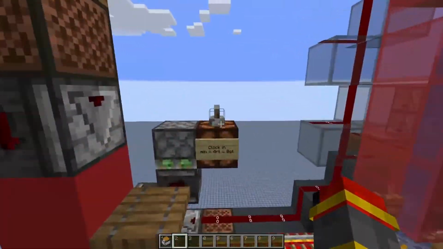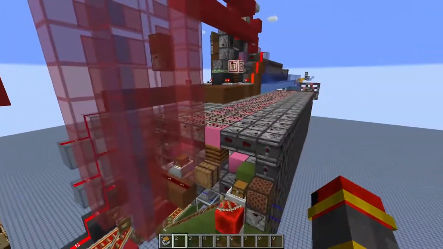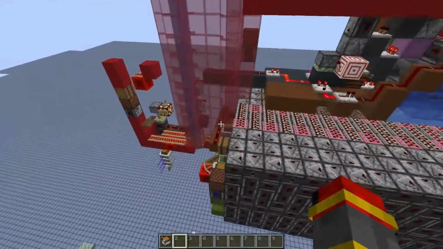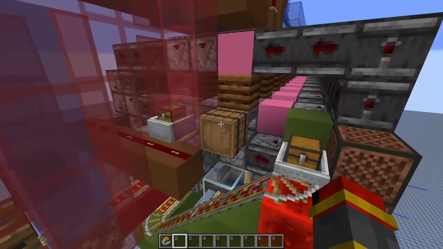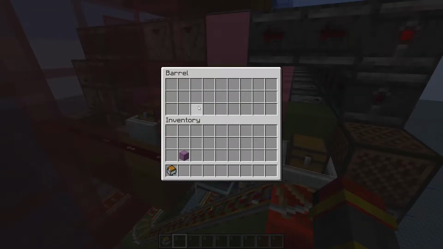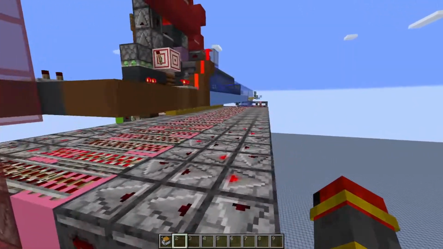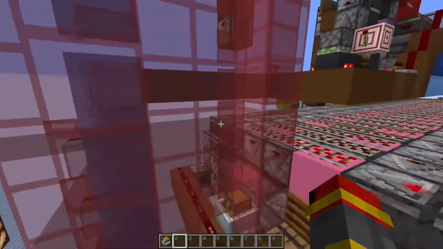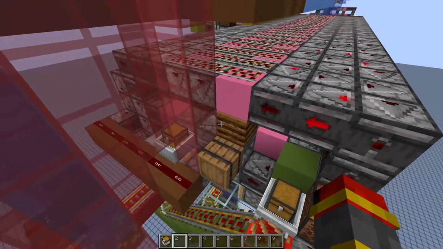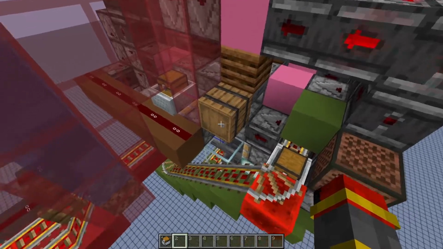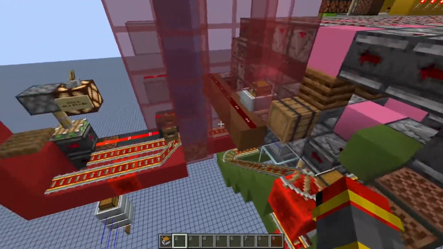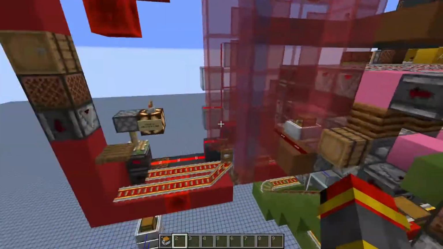So also another thing to take note is that it's not really unload safe. It can cause problems, and one of the ways to figure out if a problem has been caused is if this barrel starts getting filled with items, because there are only 27 slices in the stepper circuit. If the timing starts to get screwed up for whatever reason, this barrel will start getting filled up. So you can just take a comparator signal out from here,